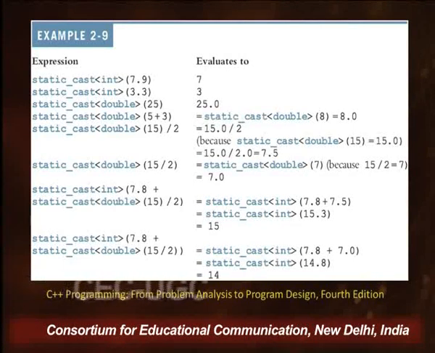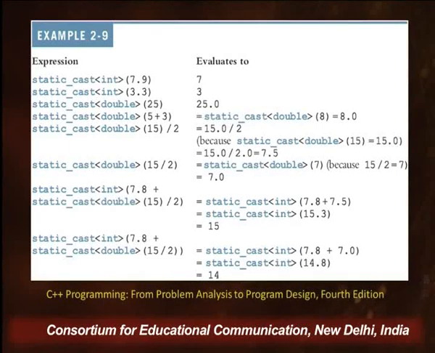For example, if I want to convert 7.9 or any other real number value to integer, I will explicitly write static_cast within angle brackets int 7.9, and this will evaluate to 7, because 7.9 will be cast to the integer data type.